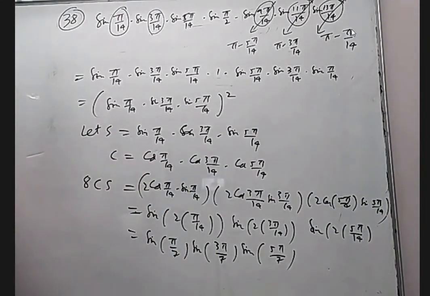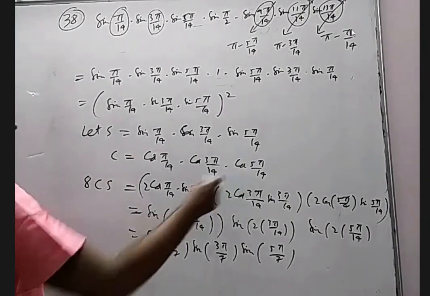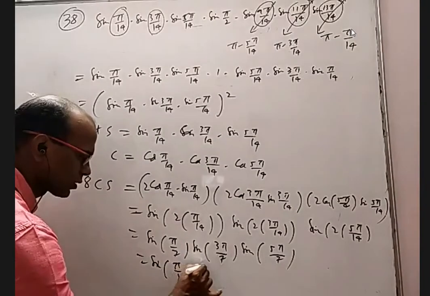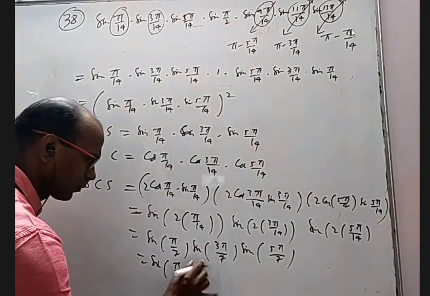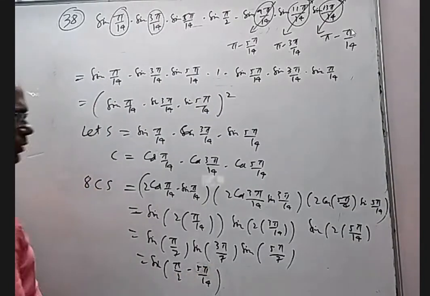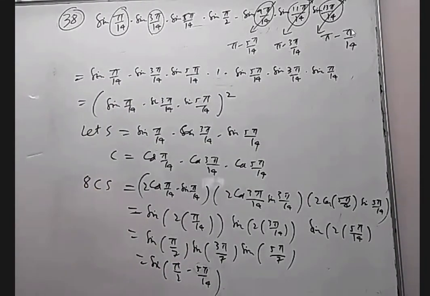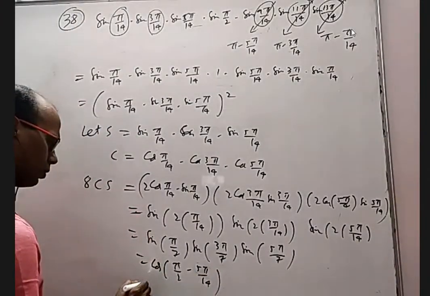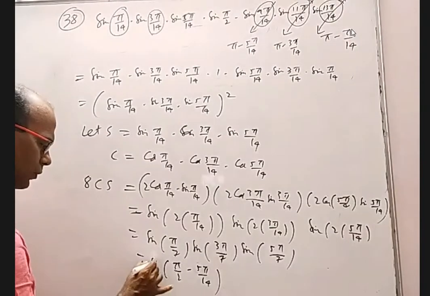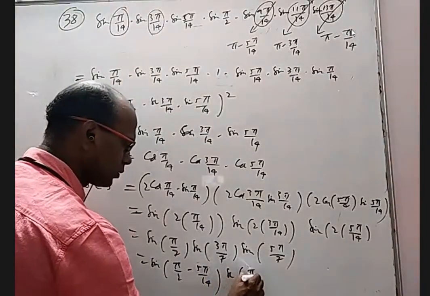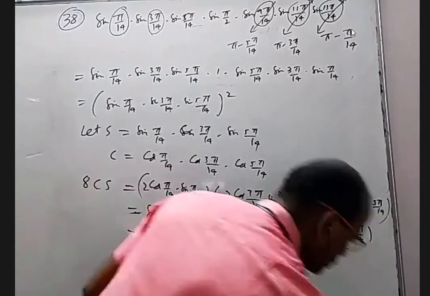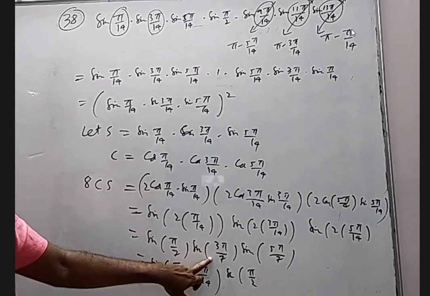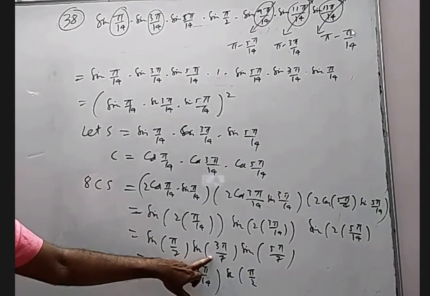Which one is that? You should know this is 2 pi by 14. It can be written as this. So it's a matter of getting an idea that this has to be written as pi by 2 minus 5 pi by 14. Similarly, 3 pi by 7, if you take 90 minus, sorry, this is not sine, cos. Sine, this is sine. Okay, let us not worry about it. Anyway, so pi by 7, I am able to write in terms of 5 pi by 14. This is 6 pi by 14.